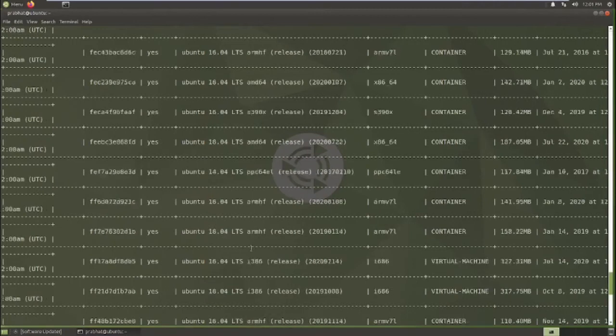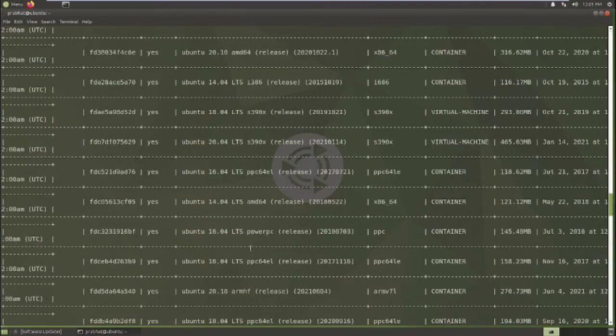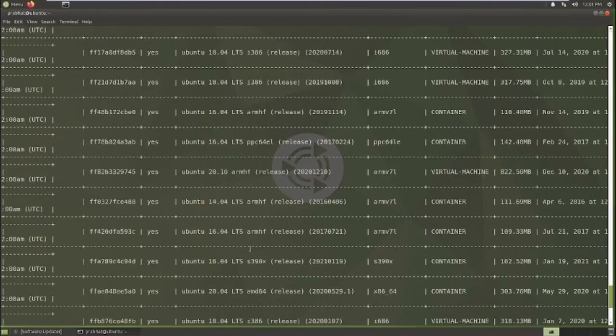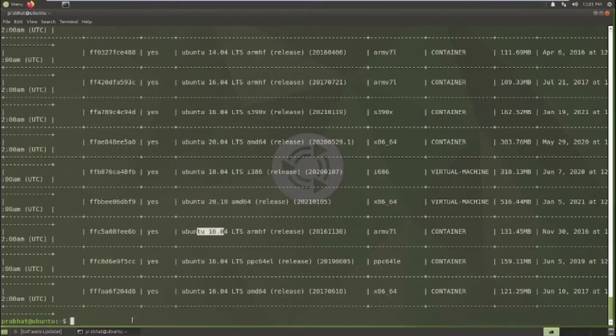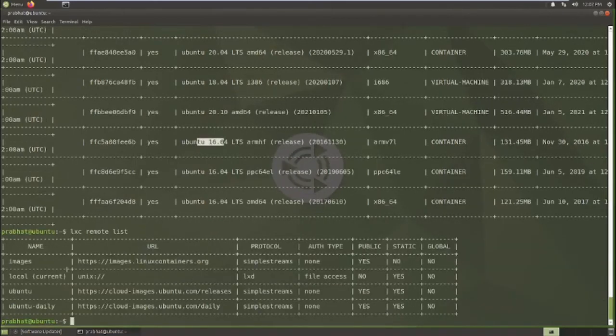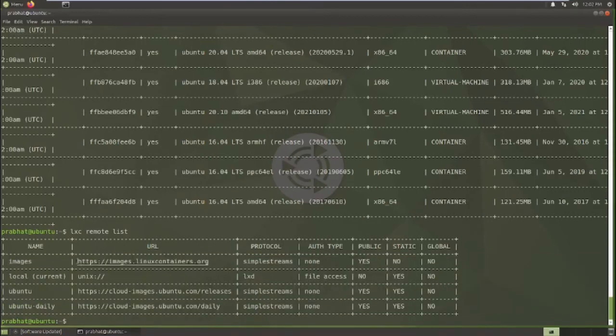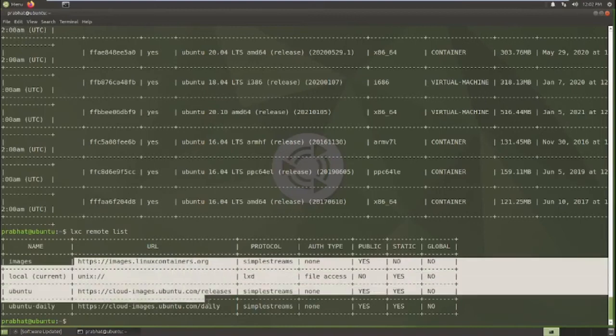So these are the list of Ubuntu images which LXC actually fetched from the remote list, or say the remote URLs which I have already showed you earlier. So from these four, or rather say three URLs, LXC actually fetched these